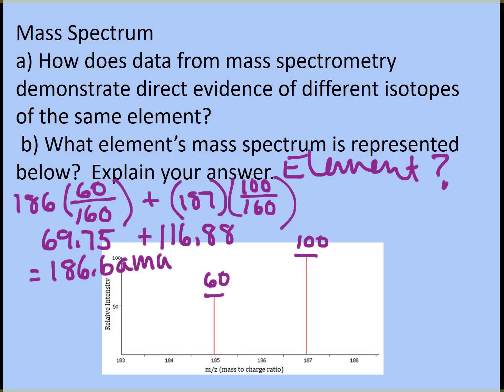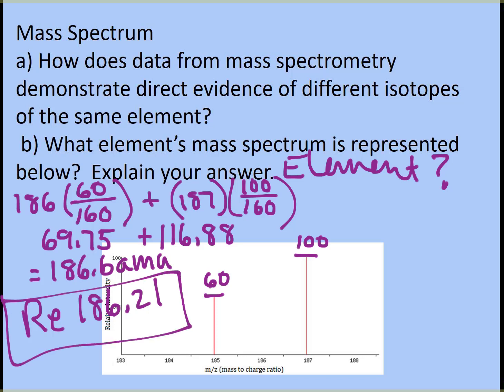And looking on the periodic table, see if we can find it. What's closest? Rhenium is 186.21. And it looks like the ones around it are heavier and lighter. So that's my answer. That's the one that's closest. So I'm going to say this is